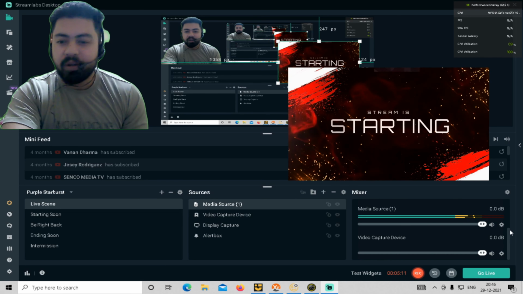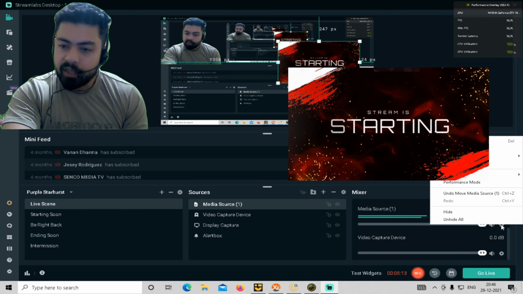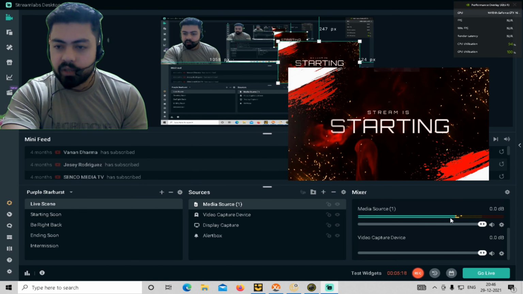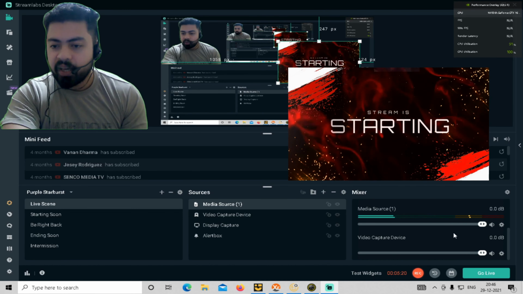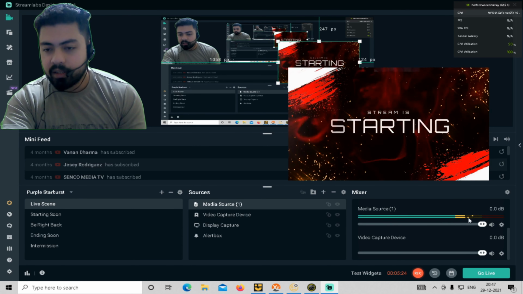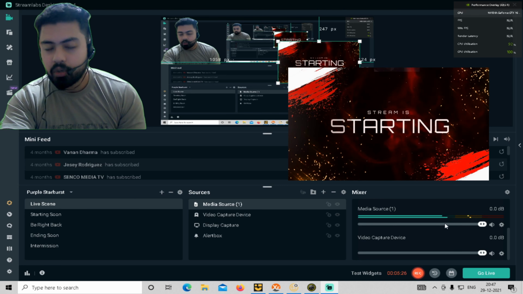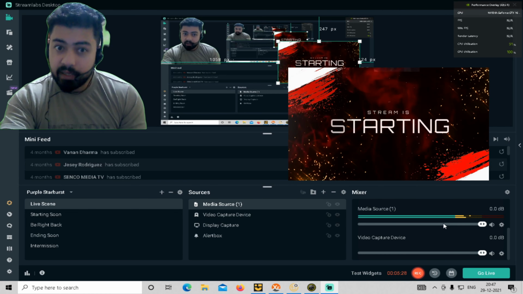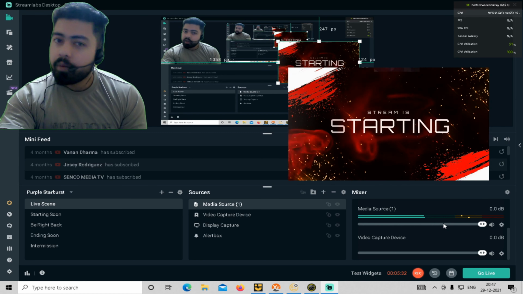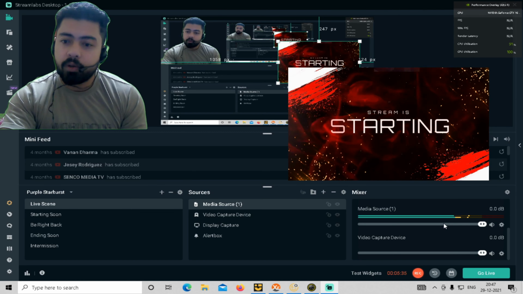Simple thing you can do. What you have to do is go to properties. Go to properties of media source. So when you check, see media source, there is the audio playing in the background. This you can confirm by seeing this graph, because it is constantly fluctuating. It shows that there is an audio in this media source which I am not able to hear, neither are you able to hear, and nor will your viewers be able to hear if you don't do this.